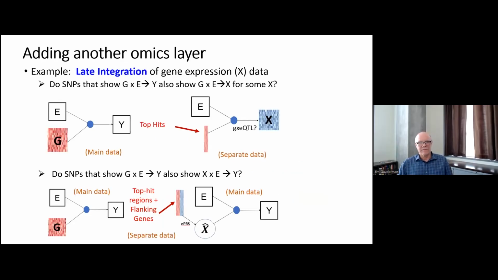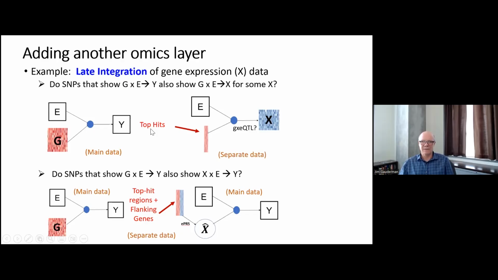So now how about adding two omics layers together? The way we think about it, and a lot of others as well, is whether we integrate the layers late in the analysis phase with respect to how we're looking at the outcome, or early. Examples of late integration would be doing that G by E scan to start with